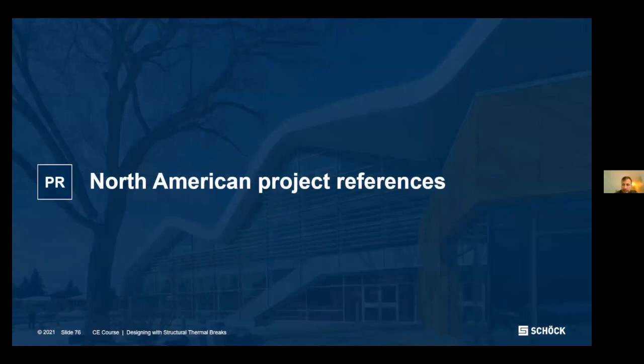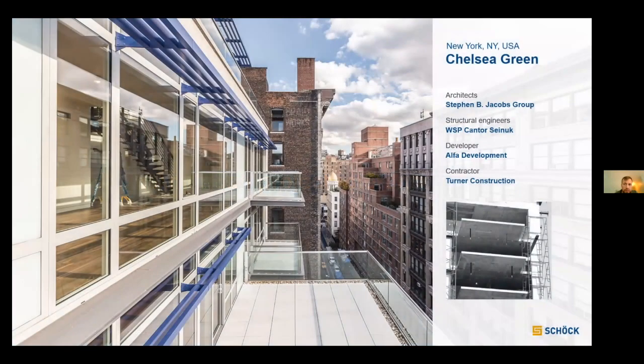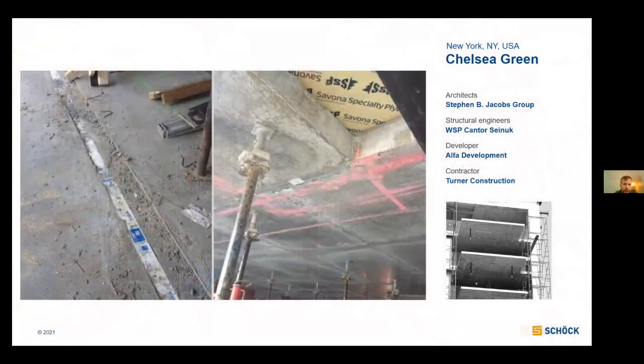And so just for the last minute or two here, some North American references. The first project that we ever did in New York City was finished in 2012, Chelsea Green down in Chelsea Market. And since then, we've done over 1,000 projects in the greater New York City metro area. So it's really taken off by leaps and bounds since this first project in New York City. Our first project in North America was actually way back in 2002 in Cincinnati at the Contemporary Museum of Art. But yeah, our first one in the city here was with the Jacobs Group,